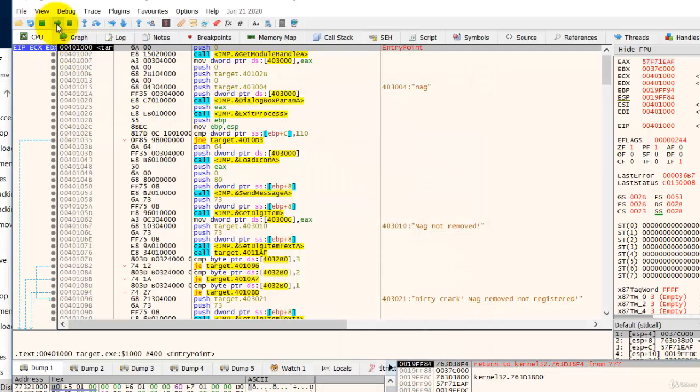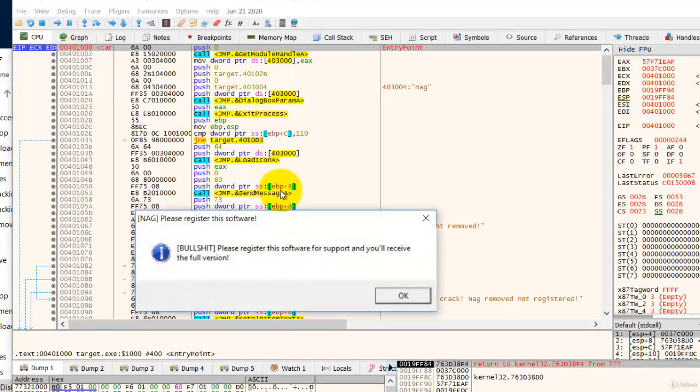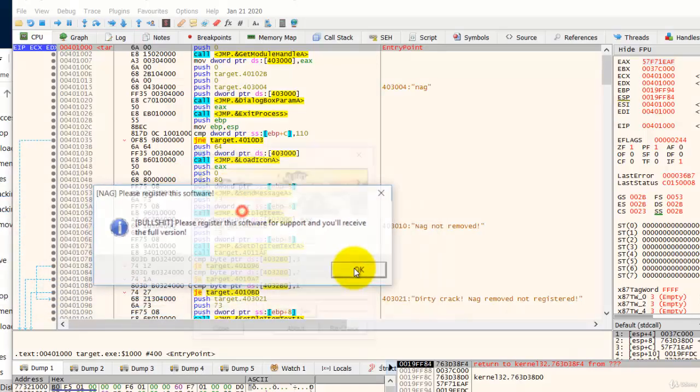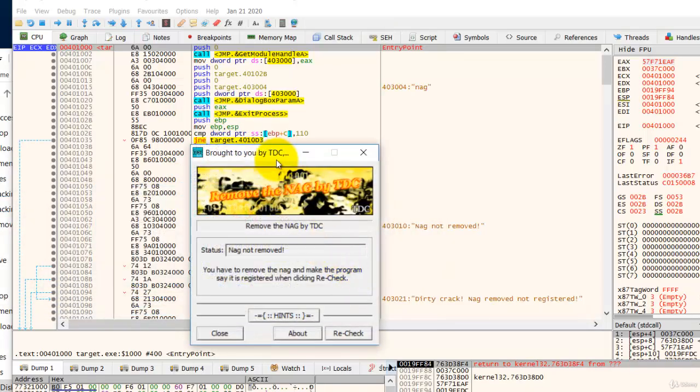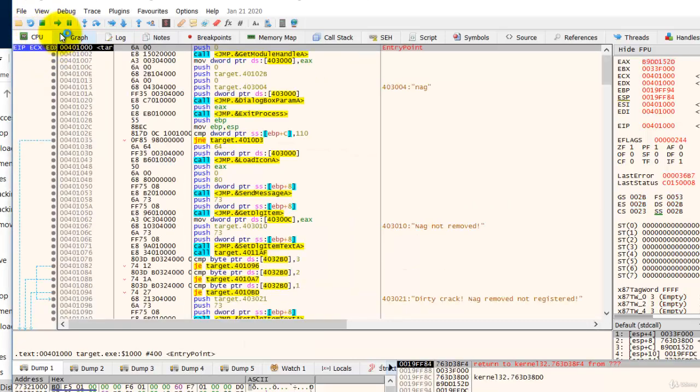Let's click on the button Run, and the first nag screen shows up. And this is our first objective. We are supposed to remove this nag screen. So click OK, and the main window shows up. So let's take a look at the nag screen again by restarting the program. Click Run,